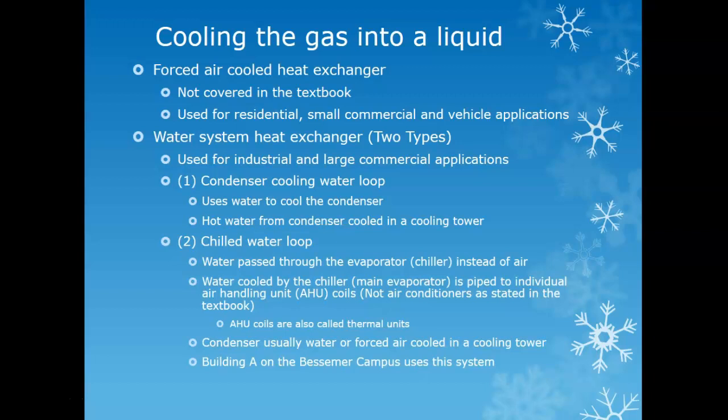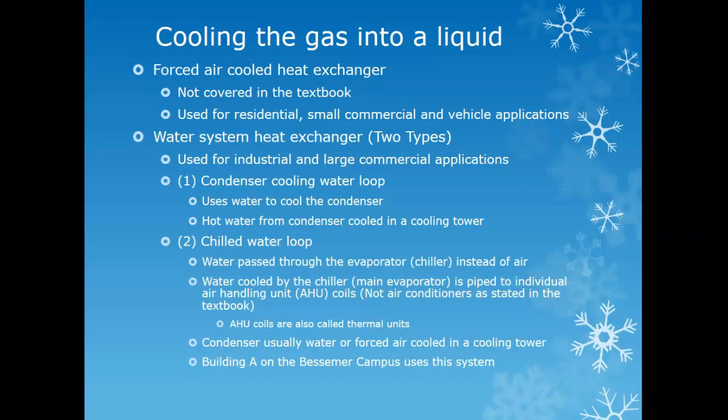All right, so the way you're looking at a condenser cooling water loop. Here's my condenser. The water loop goes across all this. What the water's doing is pulling the heat off of the condenser, and it goes back to a cooling tower where it comes back and does it again. Not the best representation, but I'm not a very good artist. So that is essentially how that one works.